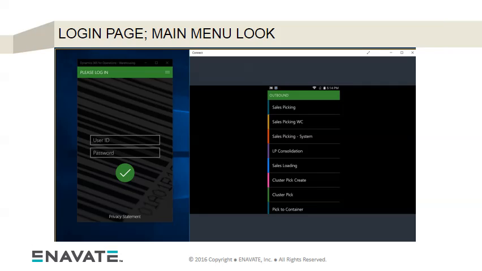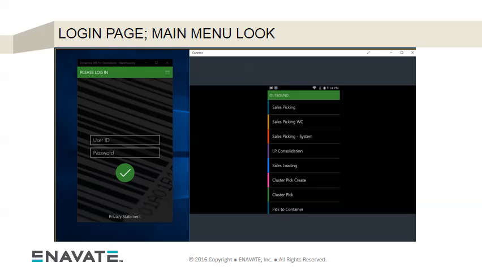Here is a screen of the login page. Just to explain it, to the left we can see a mobile app that is started on a Windows 10 laptop. Since it's Windows 10, it can be run both on a laptop and on a mobile device without any constraints. And to the right we can see an Android version that is run through